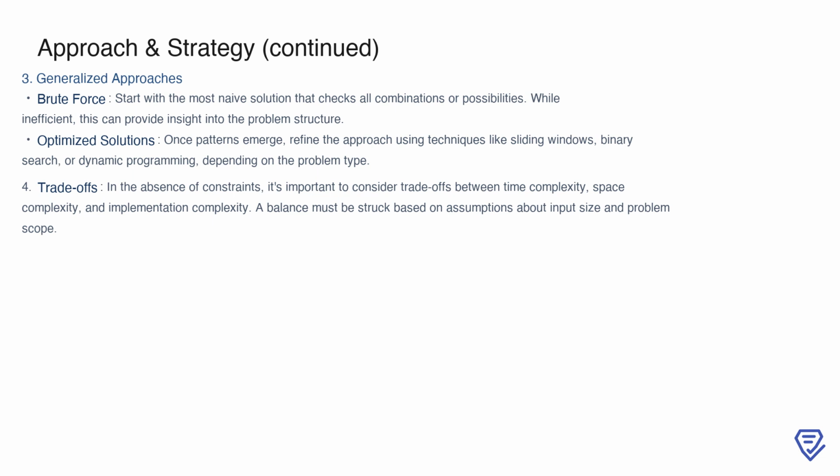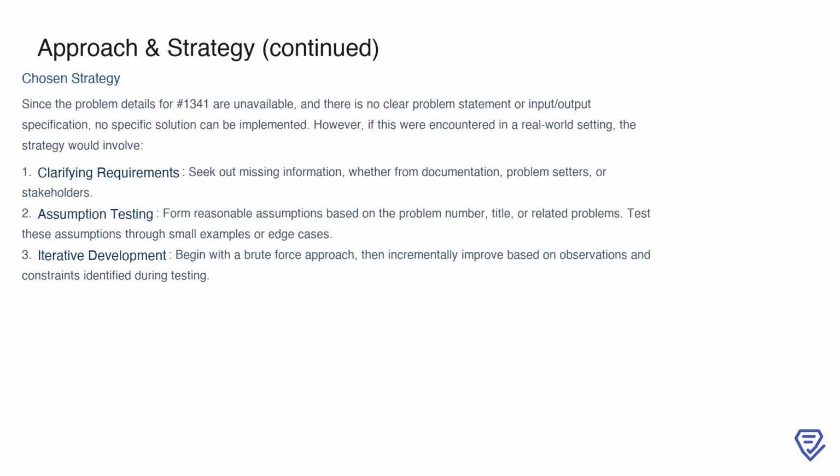It's also important to evaluate trade-offs. Without clear constraints, you must balance time complexity, space complexity, and implementation complexity. For example, a highly optimized algorithm may reduce runtime but could require significant memory or intricate coding. Making informed assumptions about the problem's scope helps guide these decisions. In the absence of a specific problem statement for number 1341, the chosen strategy would focus on iterative development and